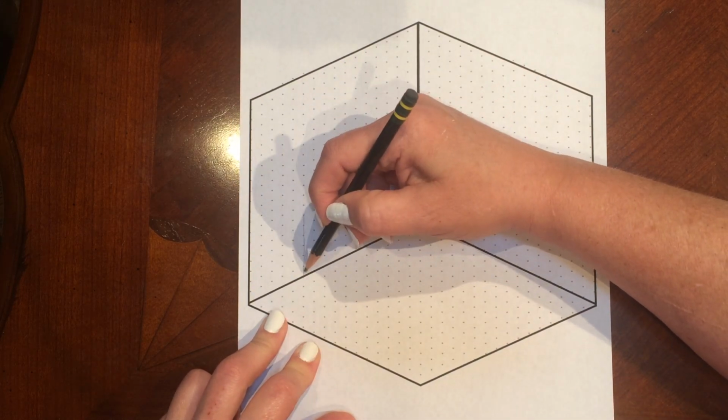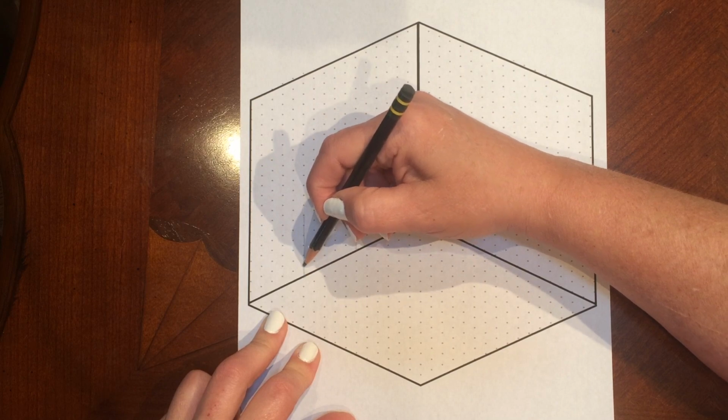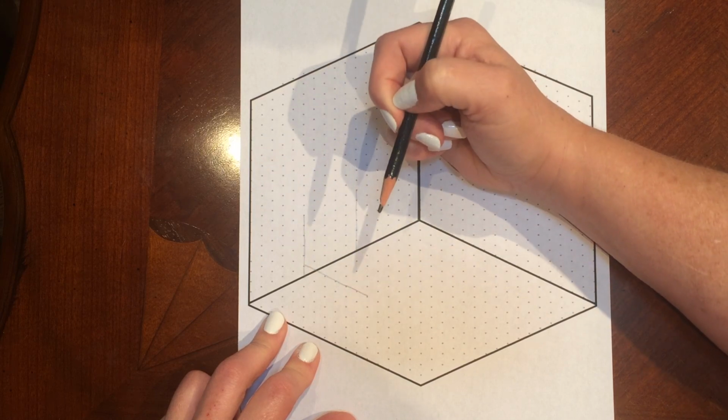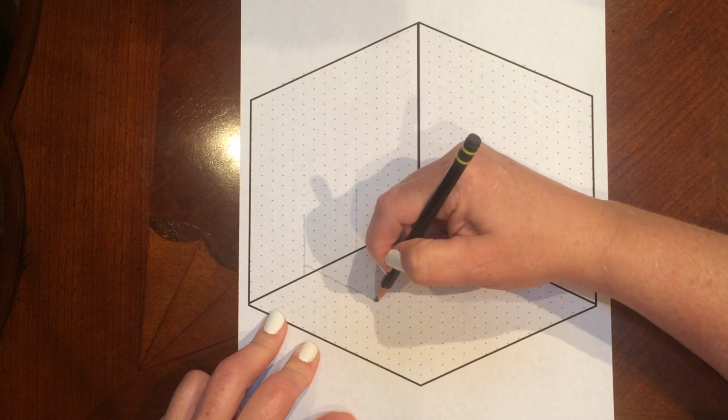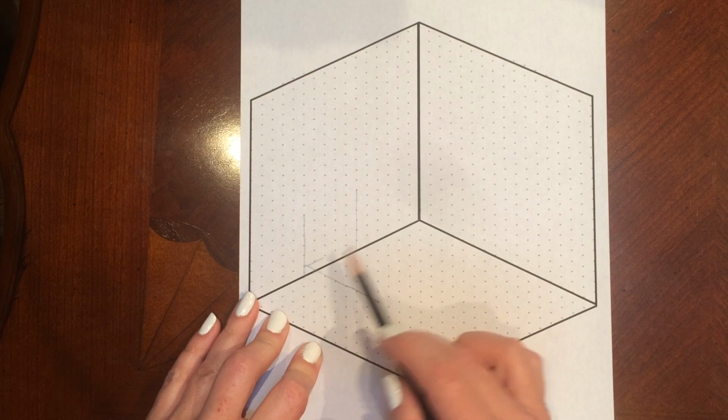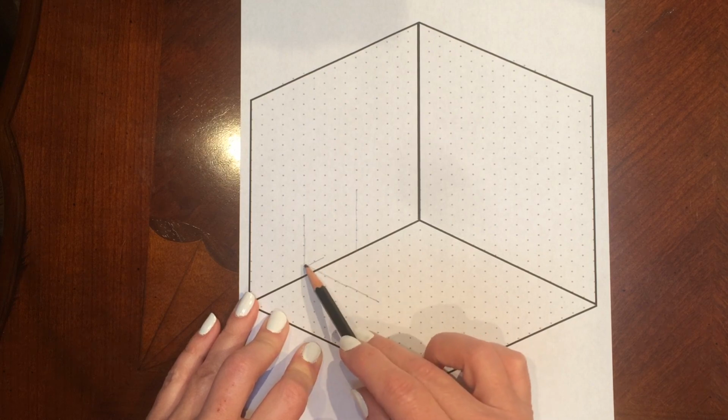Then I'm going to come up off the floor a little bit, 1 dot, and this dot is on the line, so I still count it. 1, 2, 3, 4, 5. I think I'm going to do one more, 6. Then I count across here. Oh, actually, let me go ahead and draw it,